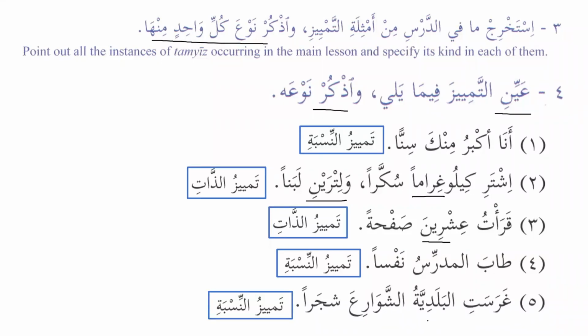من قال سبحان الله وبحمده سبحان الله العظيم غرست له نخلة في الجنة. The hadith of Prophet Muhammad, peace be upon him, that whoever says subhanallah wa bihamdihi subhanallah al-azim, a palm tree is planted for him in Jannah. Subhanallah. So from that I remember this gharasa yaghrusu is to plant the tree.